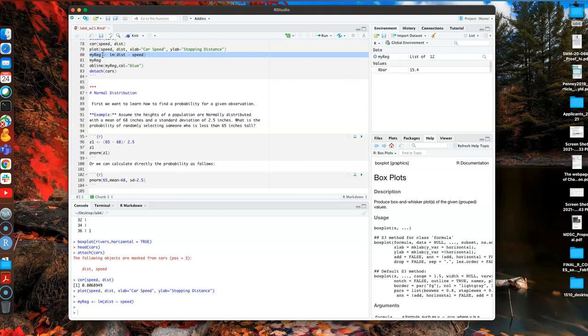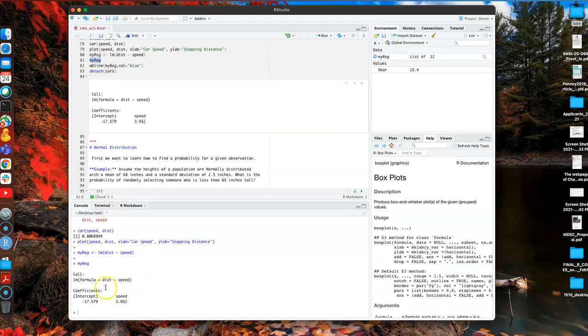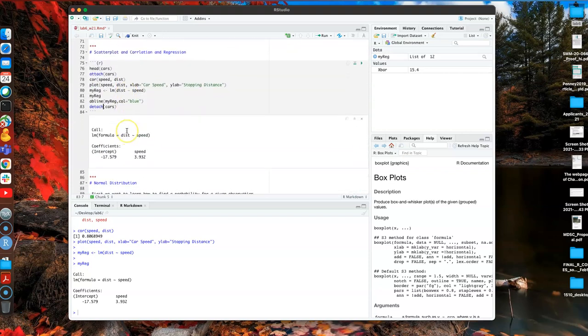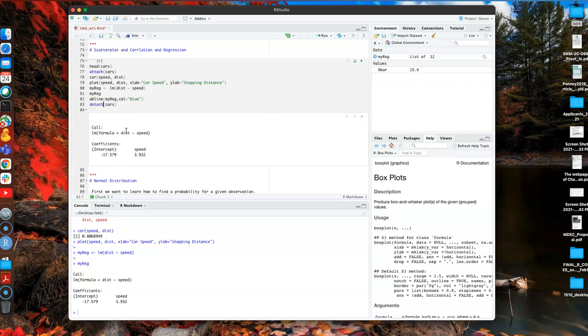If I run it, I want to see the output of the regression line. It says that the model formula is distance on speed, and the coefficients: the intercept of the regression is negative 17.57, and the slope of this regression is 3.93. So if I want to fit a regression to the previous scatter plot,